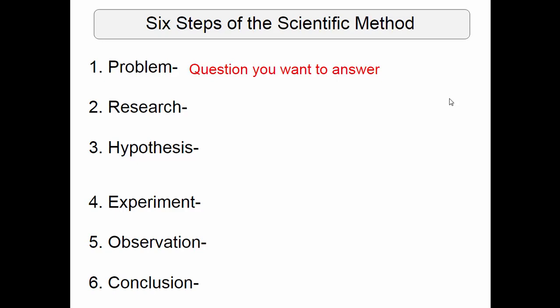But before you really can get into it, you might have to do some research. You might have to find some background knowledge about the topic you're studying. Gather some information. So if you're doing that plant experiment, you might know what type of soil, or where can I buy these plants, or what are the different types of lilies I might use. You might need some information before you can set up the experiment. So we call that step the research step.